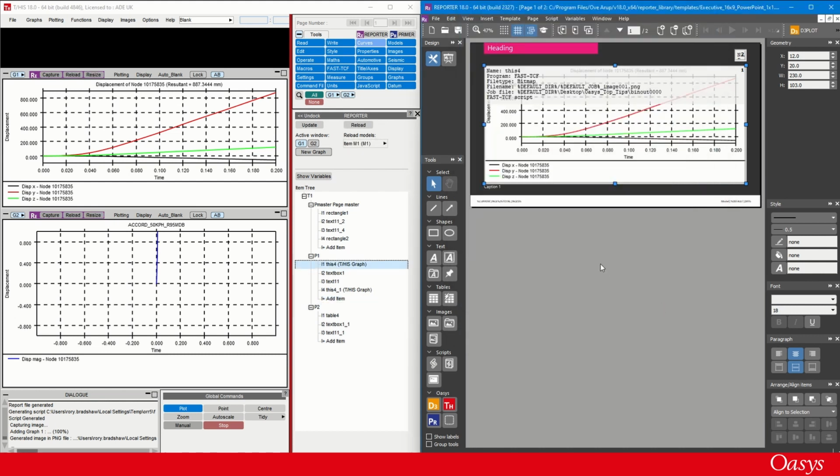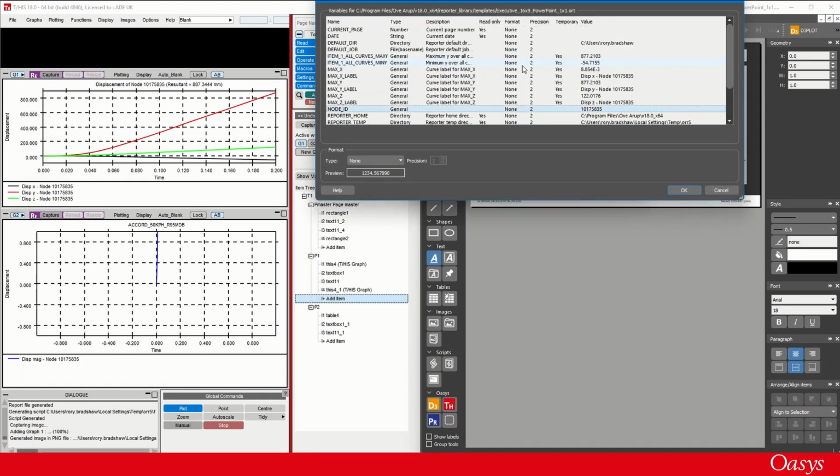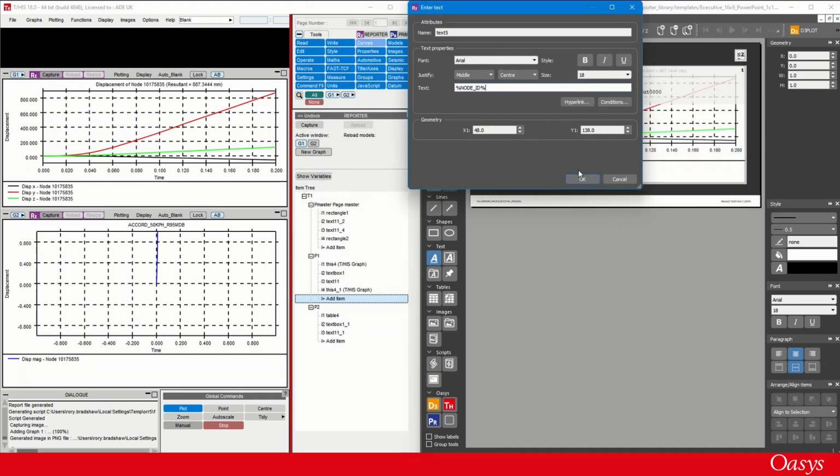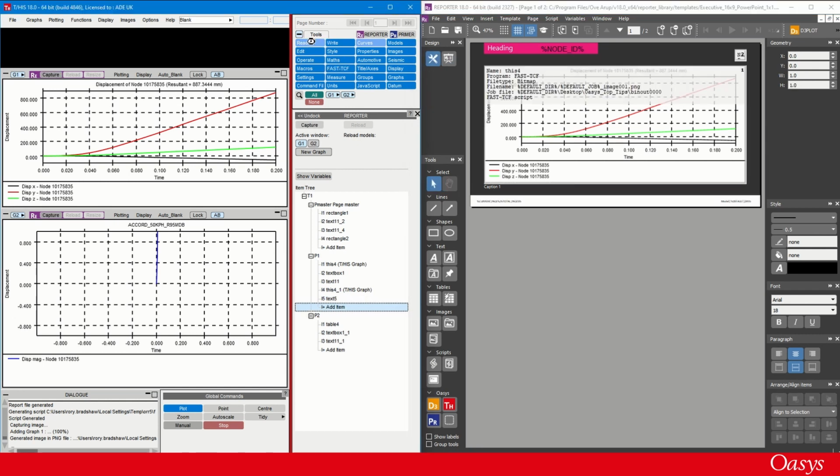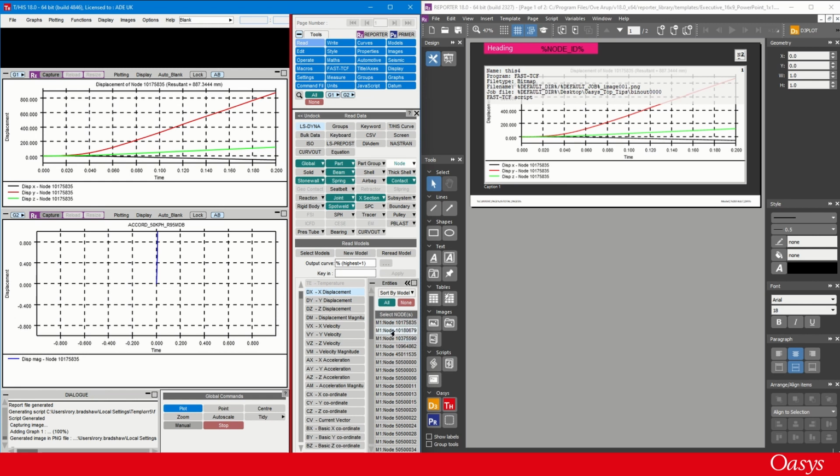And now what we can do is change the node ID here. So I'm just going to add a text item. I'm going to give it node ID as the value up there. So when I press P, you can see the node ID. And even this, what I do is I look at other nodes available to us. So here's one